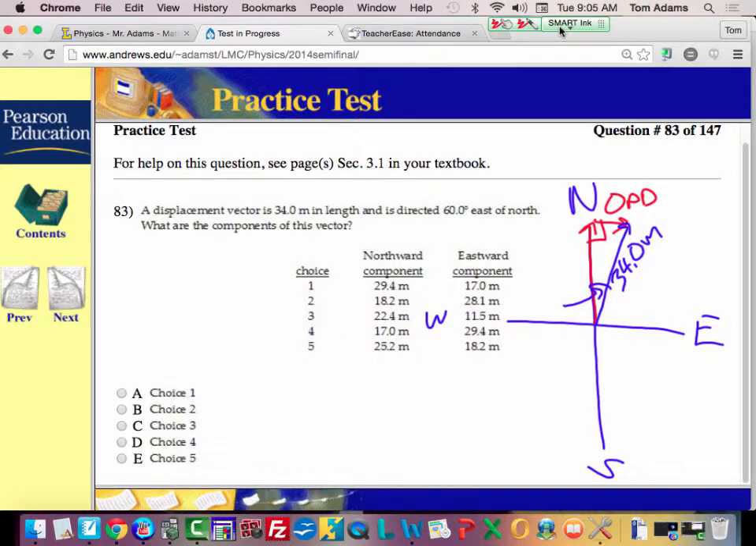What is this one, though? This is the hypotenuse, right? And then this is the adjacent. And for some odd reason, I wrote down the wrong angle. So it's 60 degrees. So now to find the east component,